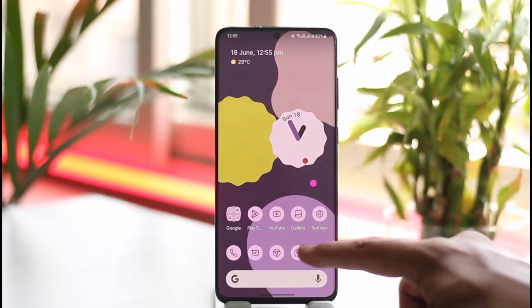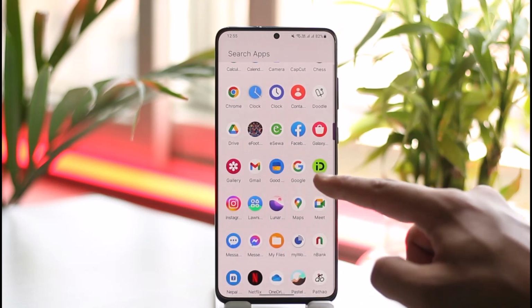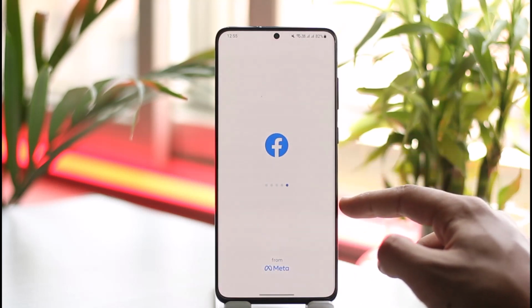In today's video I'll guide you how you can reset your password on Facebook, so make sure to watch the video till the end. In order to reset our password on Facebook, open the Facebook application here, and then by